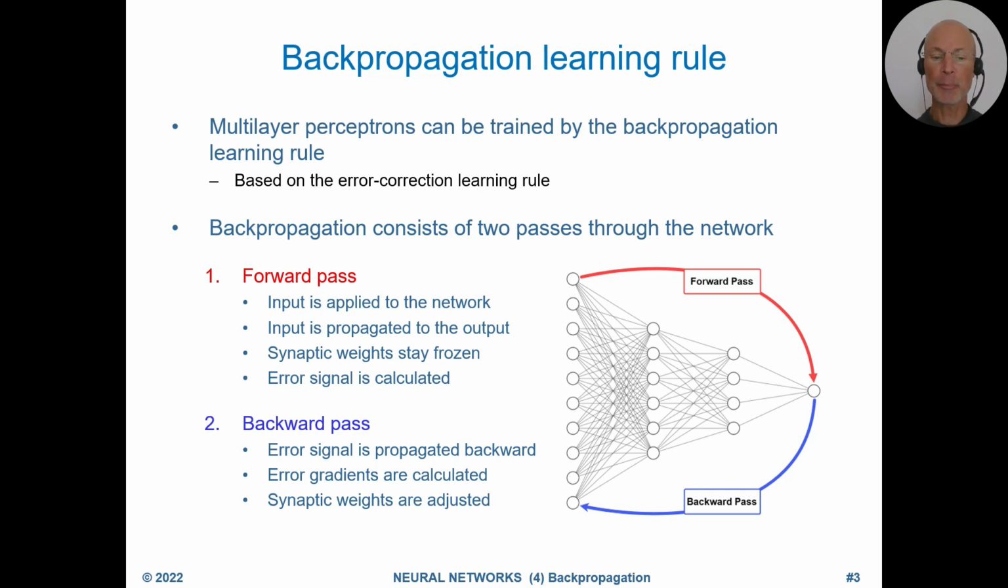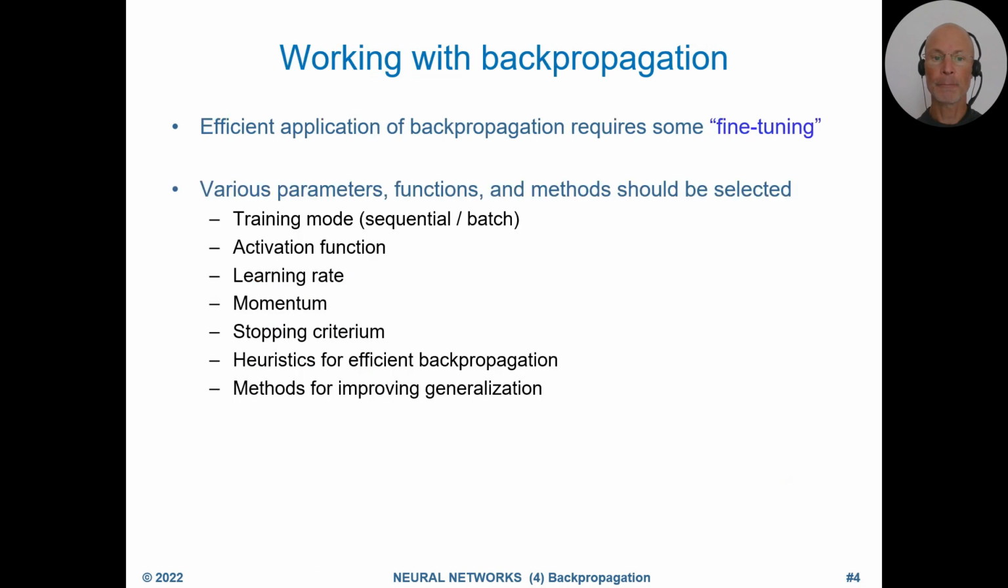First we have the forward pass, where the input is applied to the network and then propagated to the output, and finally the error signal is calculated. Then in the backward pass, the error signal is propagated backwards, error gradients are calculated, and finally synaptic weights are adjusted. To work efficiently with backpropagation, usually some kind of fine-tuning is required, such as choosing the proper training mode,